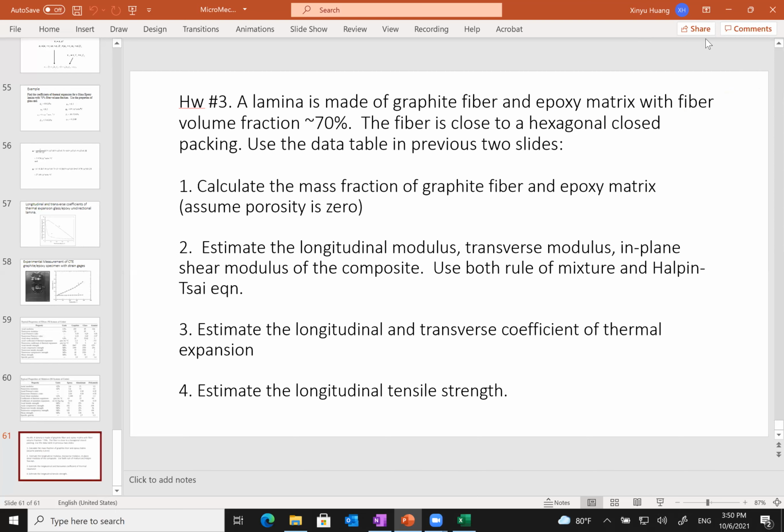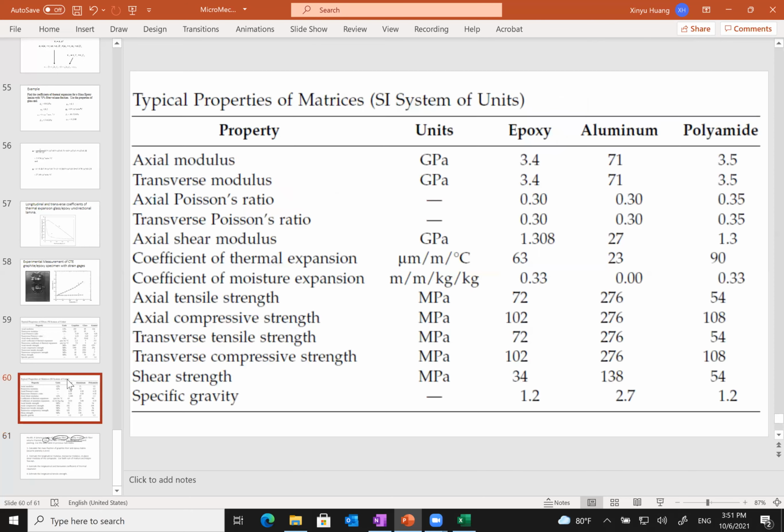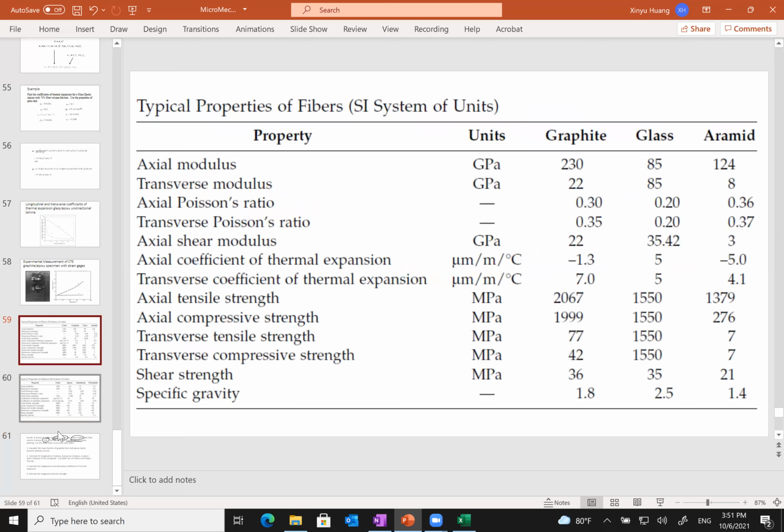Okay, as you can see, it's a lamina of graphite fiber epoxy matrix. Fiber volume fraction is 70%, so the matrix is about 30%, assuming no porosities. Fiber is hexagonal packed. This is relevant for the Halpin-Tsai equation. Use the data table in the previous 2 slides, which means this slide and this slide, to calculate